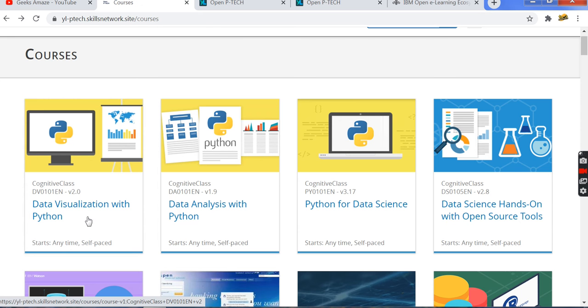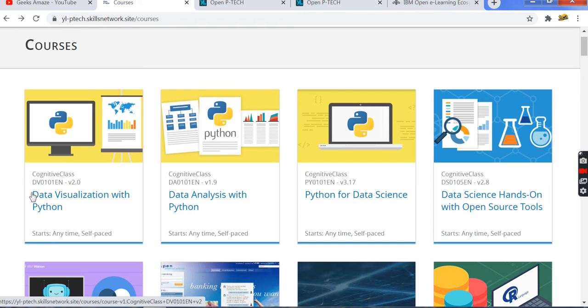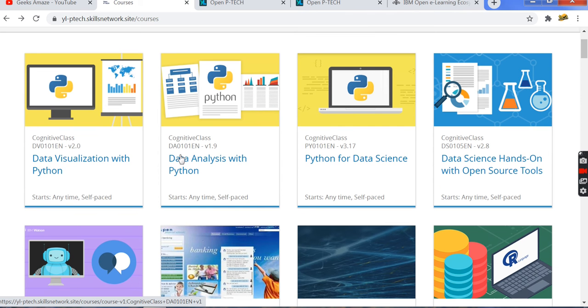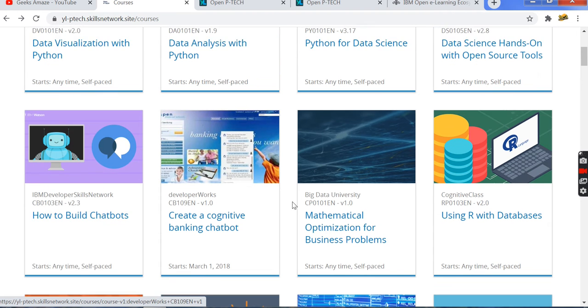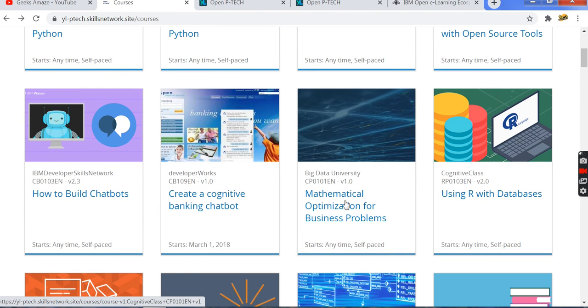Here you can see data visualization with Python, provided by Cognitive Class, which is an IBM platform, and data analysis with Python, and Python for data science, and data science tools with open source tools, and mathematical optimization for business problems, which will be provided by Big Data University, and create a cognitive banking chatbot, which is provided by developerWorks, and how to build chatbots, which will be provided by IBM.